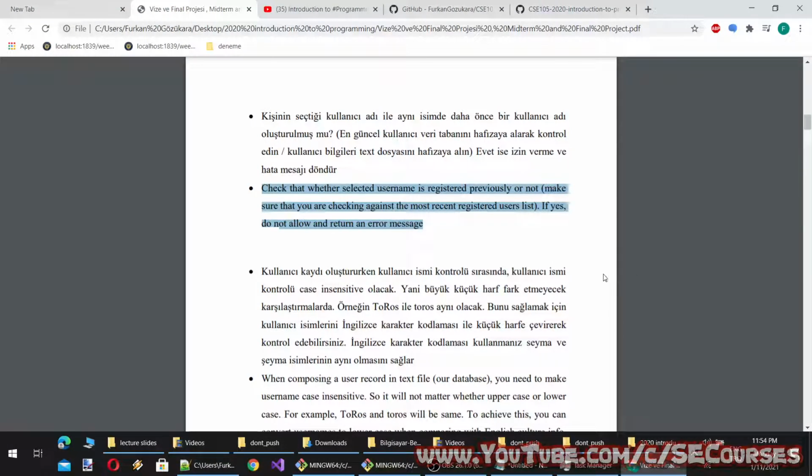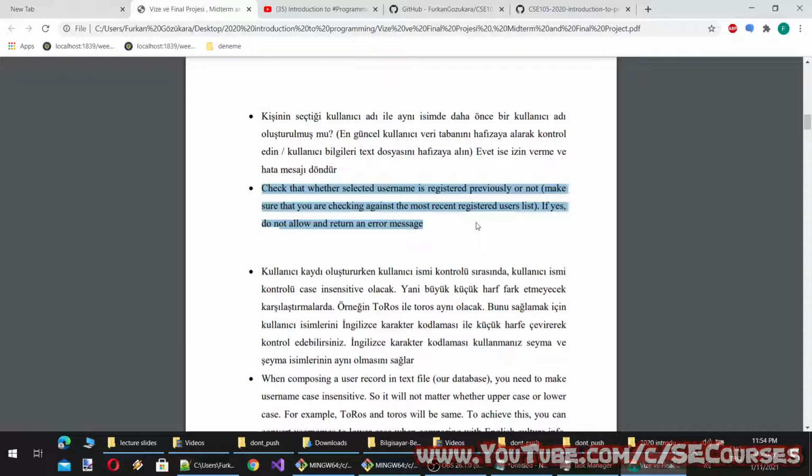Check whether the selected username was registered previously or not. Make sure that you are checking against the most recent registered users list. If yes, do not allow it and return an error message. When your application first starts, you can load the user database or the user list into a dictionary, and from that dictionary you can check whether the username exists or not.